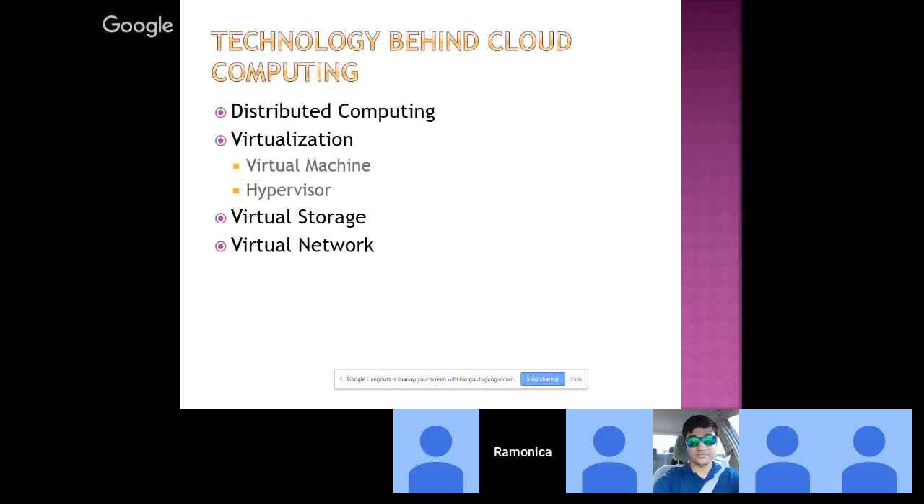And my last technology behind cloud computing that I would like to discuss is virtual network. Without a virtual network, the network just sees that it's connected to a physical computer or server. It doesn't have the ability to see the virtual machines that are on the computer or server. Networks are also